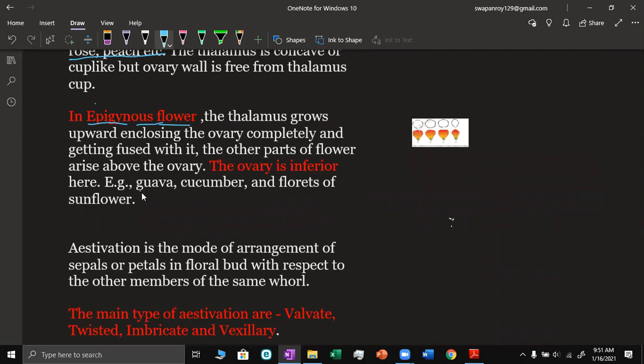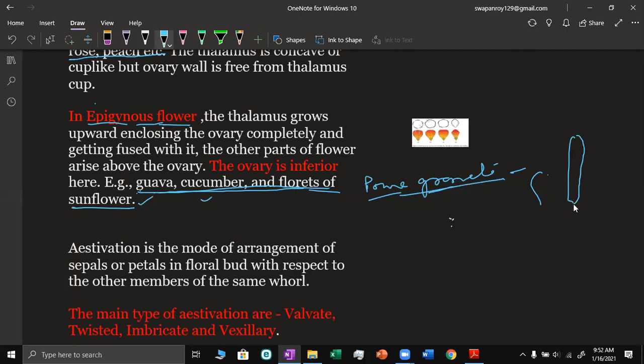We find this in guava, cucumber, and the florets of sunflower, and also pomegranate, cucumber-type plants, pumpkin, and squashes, where you will find that when the flower is coming up,